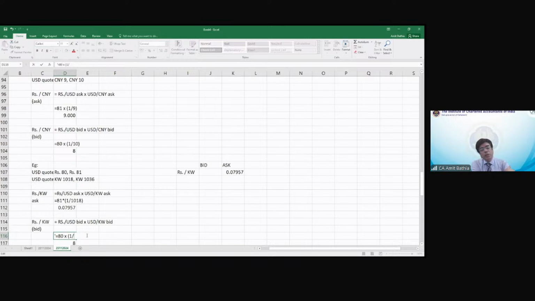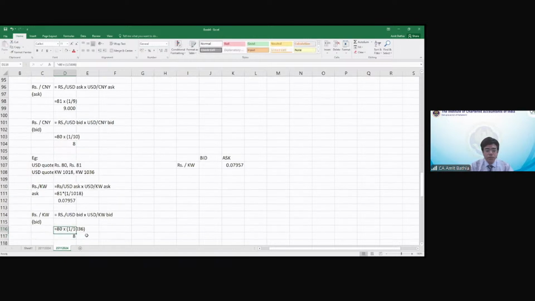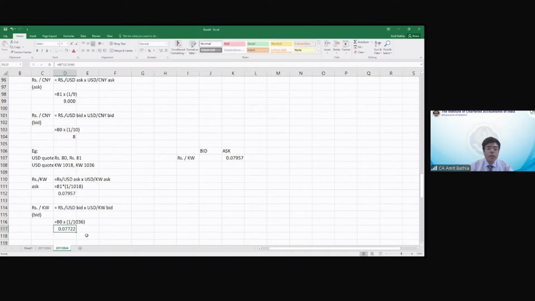Now remember, this has to be inward. This is an indirect quote. We don't have the direct quote available. The direct quote is for KW upon USD. So I need to do the inverse, in which case ask will become bid. So it will be 1036 inverse. Right? So I get